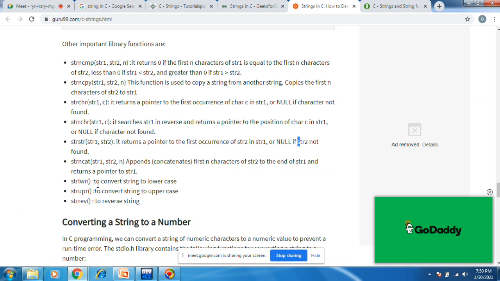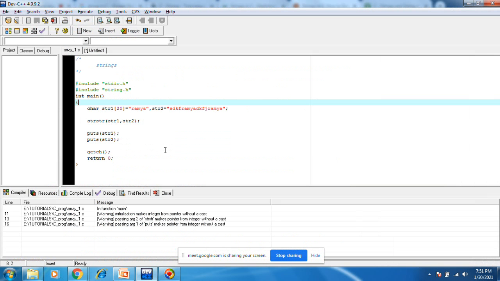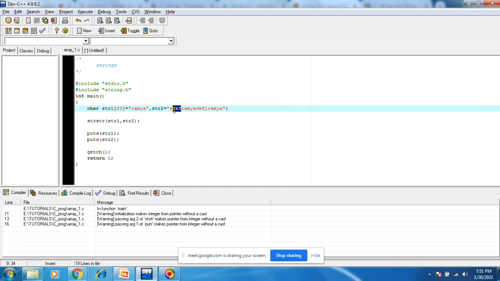Let's see the definition of strstr. What it will print. It returns the pointer to the first occurrence, if not, it is not found. Str1, str2. This is an array.